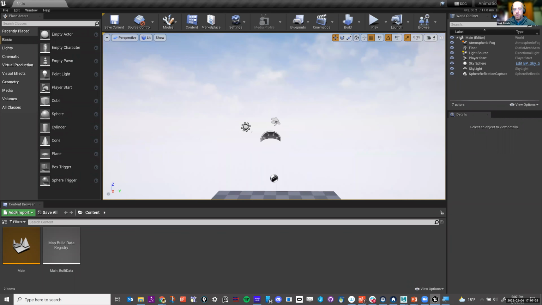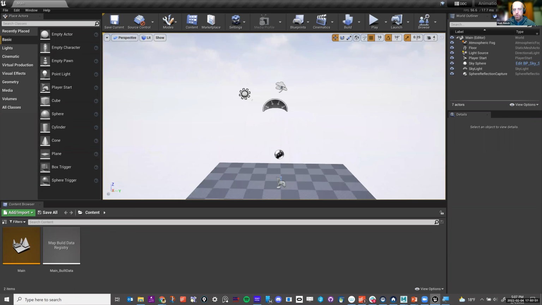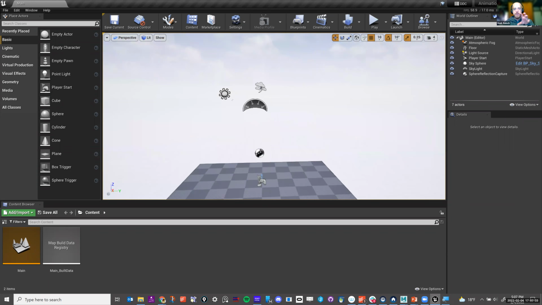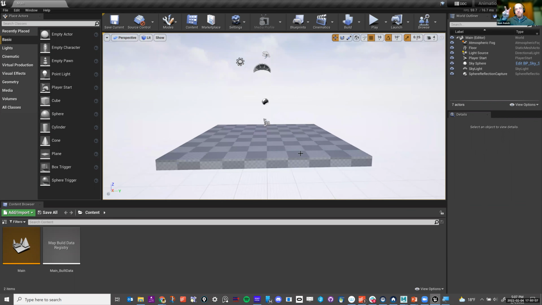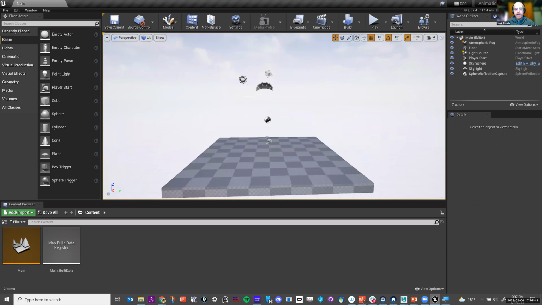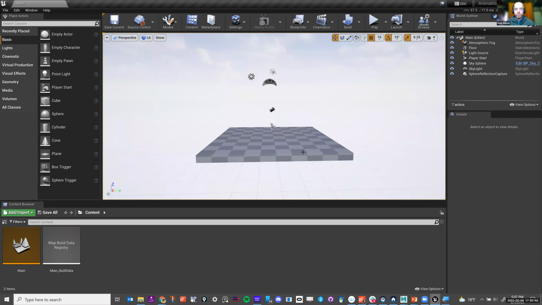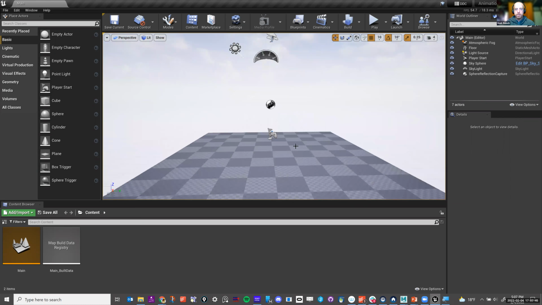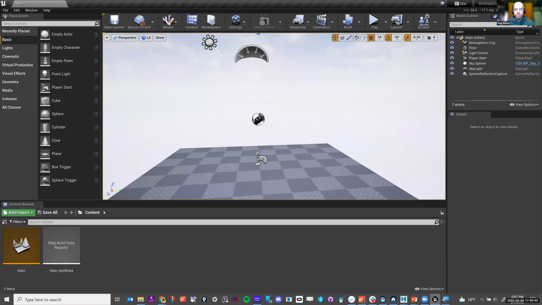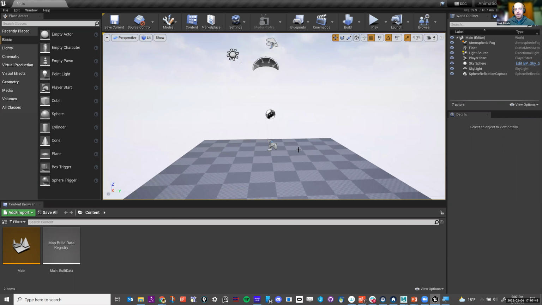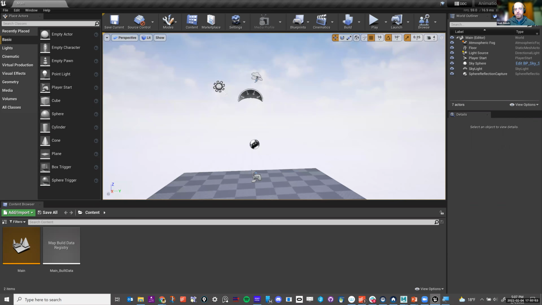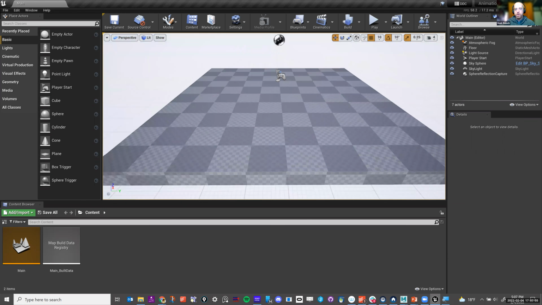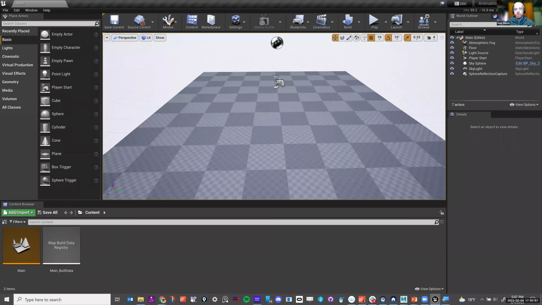Left mouse button and push and pull will zoom you in and out. Holding left and right together will let you move up and down. You can also use your wheel to zoom in. And if you right mouse click, you can look around, and then go forward or down like that.